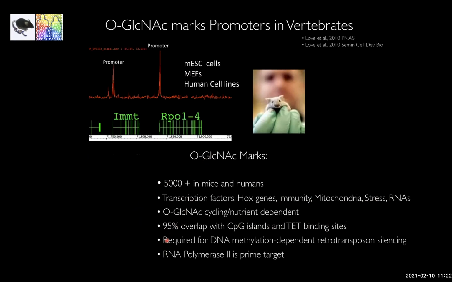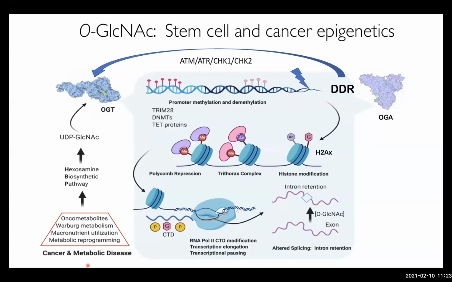So we also know that OGT is required for DNA methylation dependent retrotransposon silencing. Some huge percentage of the human genome has to be regulated by retrotransposon silencing, particularly in the germline. And we know that RNA polymerase is a prime target. So to put all this together in a form that's hopefully a little more comprehensible, I've shown you that oncometabolites,